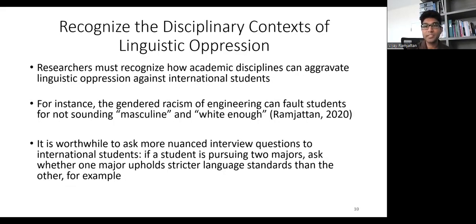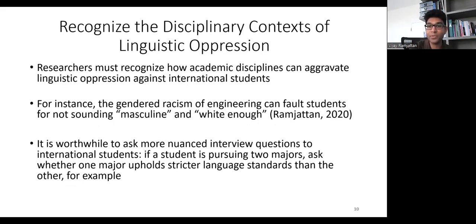So one final piece of advice for researchers is to recognize how academic disciplines can aggravate linguistic oppression. So existing research doesn't really seem to appreciate how international students in different disciplines do not necessarily experience the same levels of such oppression. Rather, some may experience more linguistic oppression than others, right, in certain contexts. For instance,